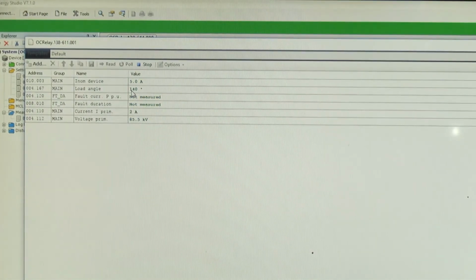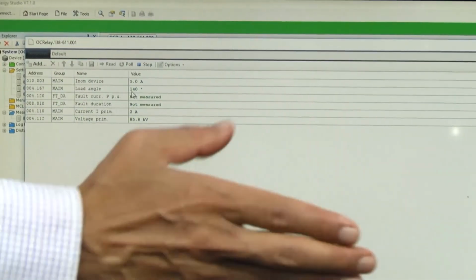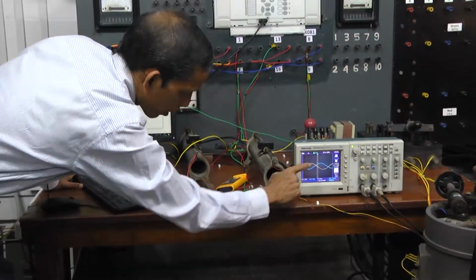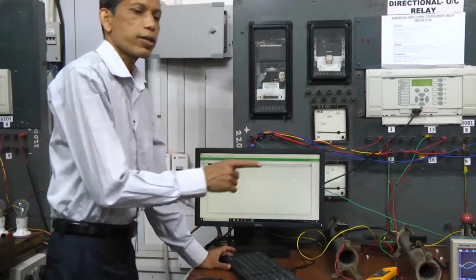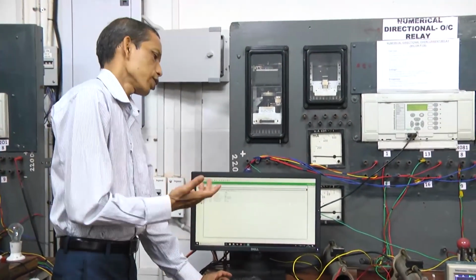So, that is beyond the corresponding beta limit of 135 degree, and the relay is not operating even if we have waited for a long duration of time, as expected. So, it means that if you see the corresponding angle also, clearly it is showing a large angle, and in this range the corresponding relay is not operating.